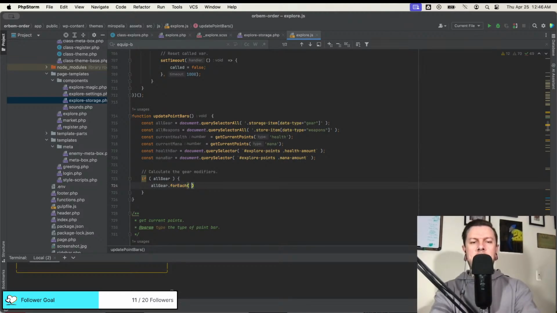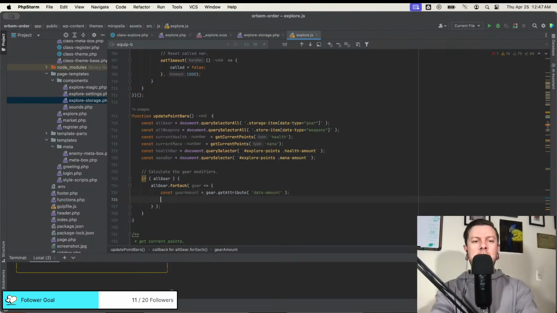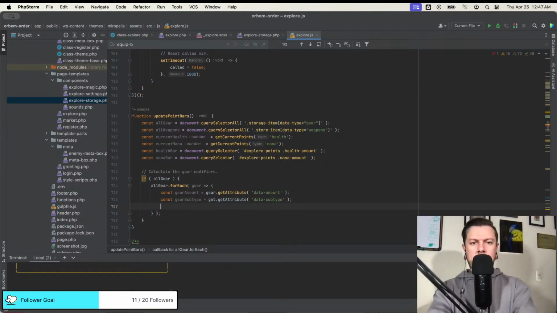And this is gear. So for this, we need to get the gear amount, which equals gear.get attribute data amount, and then we also need the gear subtype. Subtype gear get attribute data subtype. Cool.